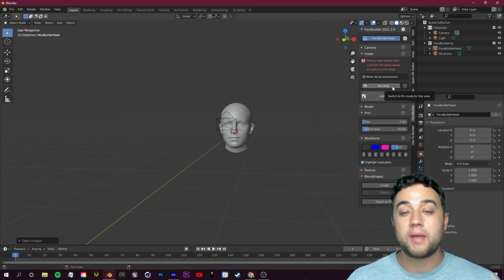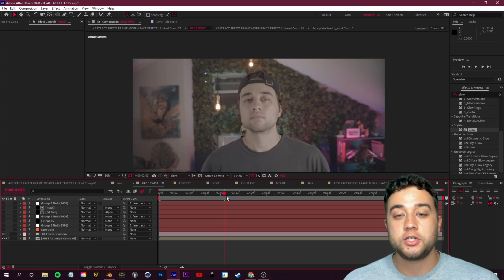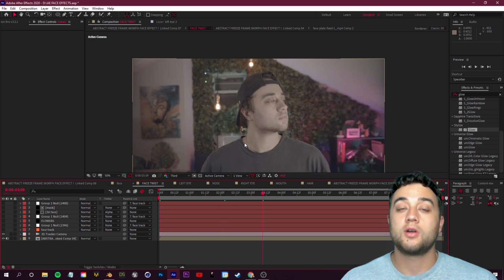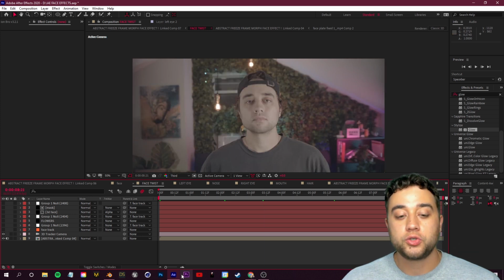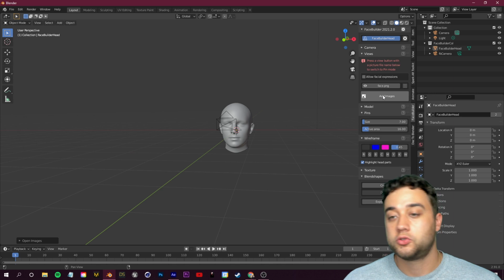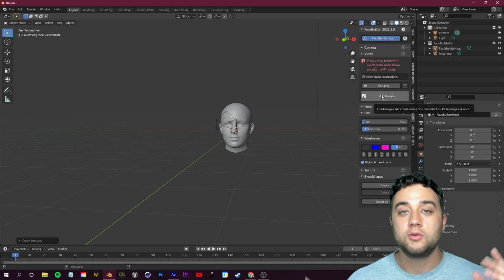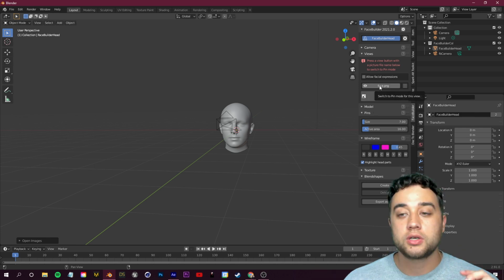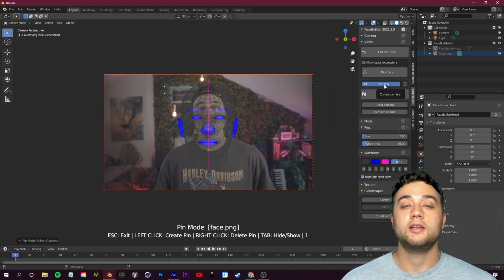I also want to mention, if you want better results for this full 3D model, you can go through and take some more screenshots of whenever your face is turned. That'll allow you to sculpt the side of your face, because Face Builder allows you to input multiple images here. So you can just keep clicking Add Images, load in those side profiles, and you can sculpt with the side profiles as well to get a more realistic shape. I'm just going to do this one picture here for now so that we can load in the front. So just select it and it'll open up this screen here.